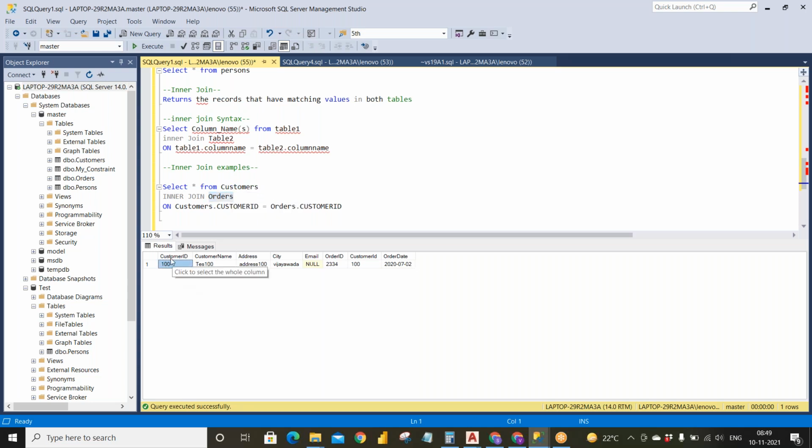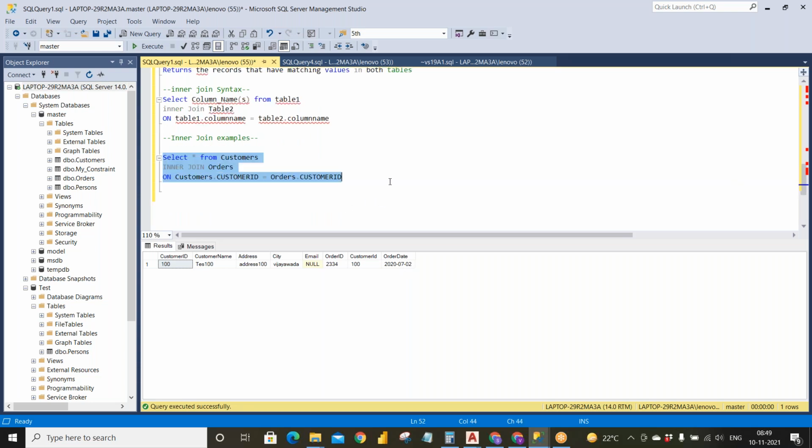If you observe, from customer ID to the email, those are the data which belong to the customers, and order ID, customer ID and order date, these three columns belong to the orders table. Let's forget about this result. I'm just telling you what you can do over here. Now I don't want all this data. I just want only the address of this data.